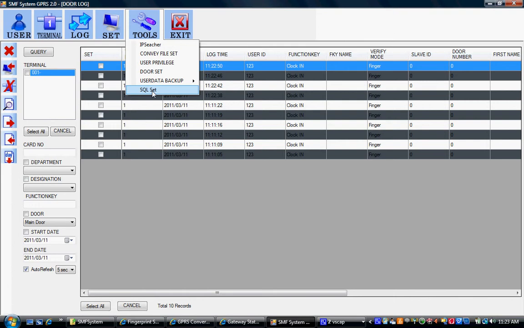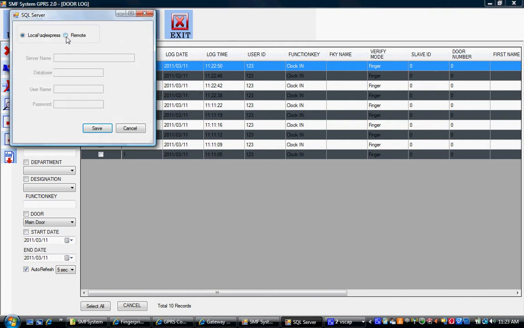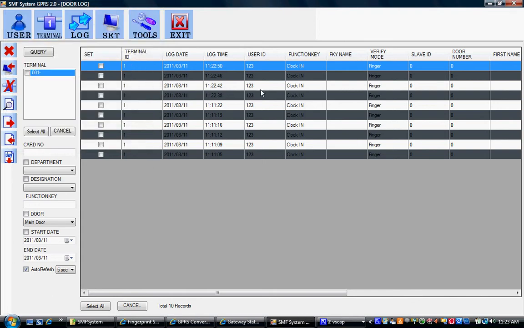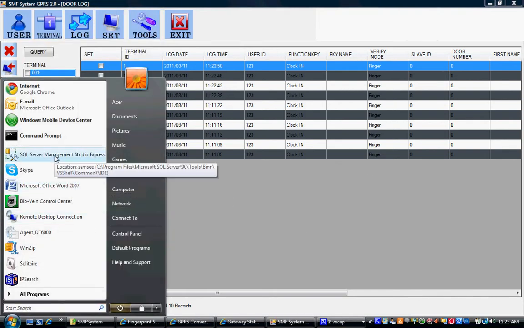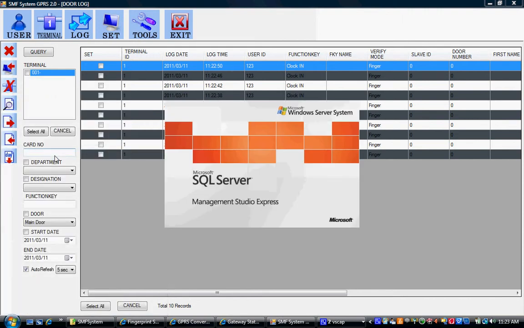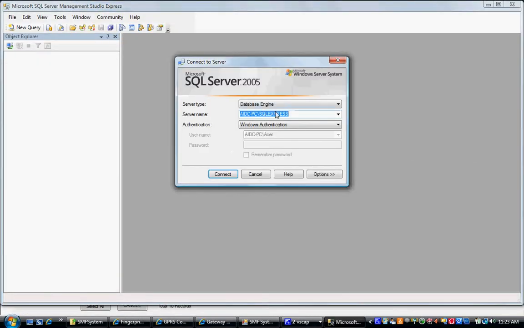Under tools there is SQL set, where we need to specify the server name. The server name is your computer name, the database name will be BF, and the username and password. You can get these details at Microsoft SQL Server Management Studio Express. Okay, this is the server name.